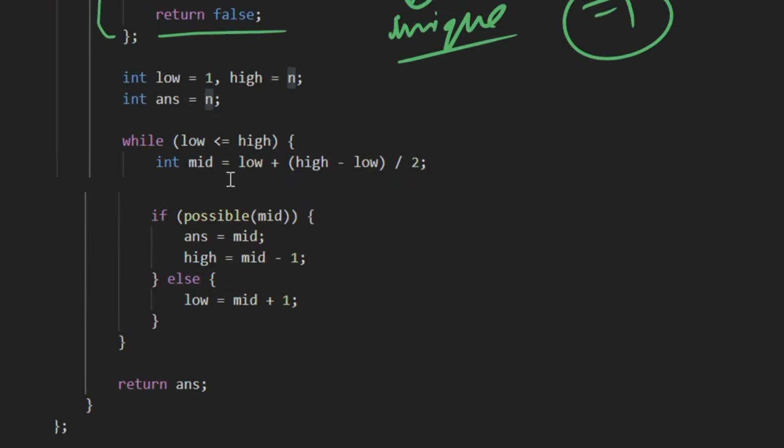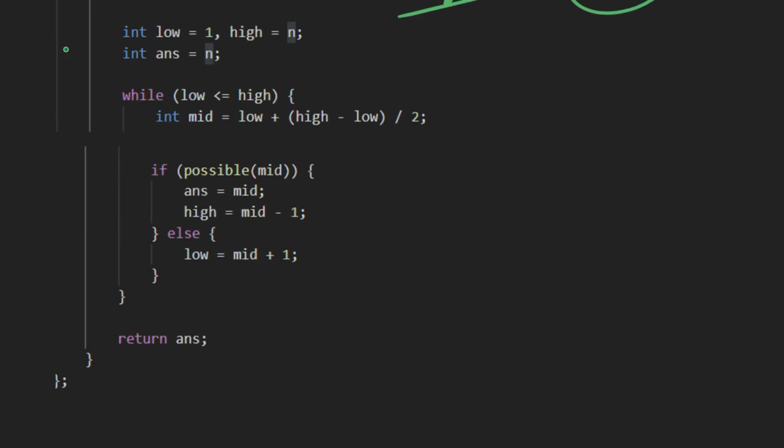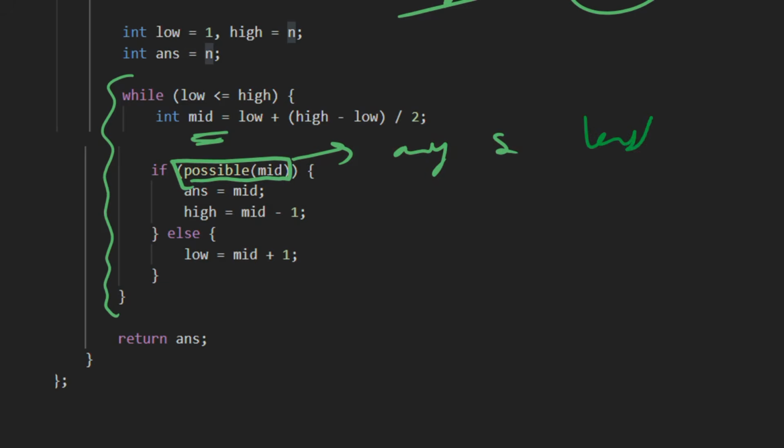So here we are using binary search. First we find the midpoint and then check whether we are getting any subarray whose length is equal to mid and that is appearing only once.